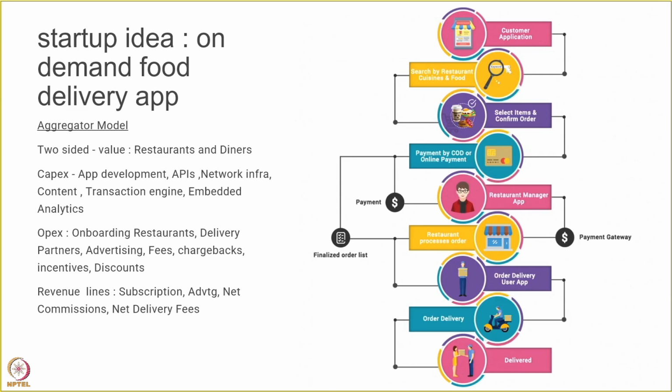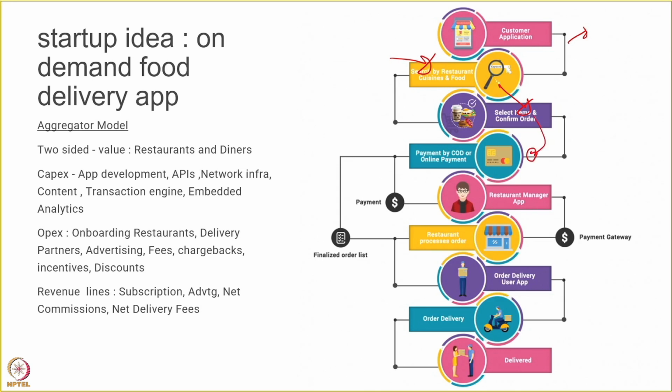Let's take the example of a food delivery app, an on-demand food delivery app. It's an aggregator model. There are 2 sides to value creation. One is the restaurant side, the other is the diner side. And the entire app is aimed at coming up with a very efficient, technology-driven solution to conduct all the following activities. To first basically get diners and customers to come on to them, help them to actually search through a content engine for all the kinds of food choices and restaurant choices that they really want to order from,